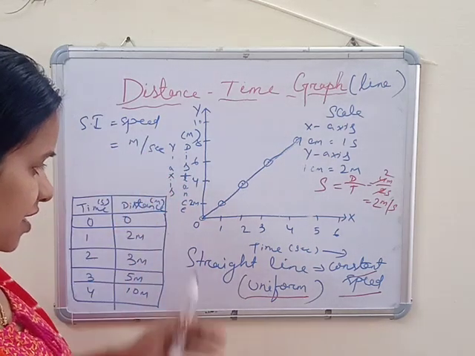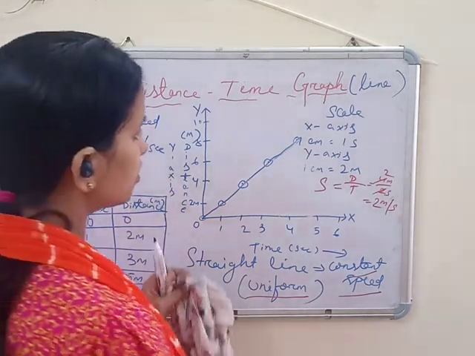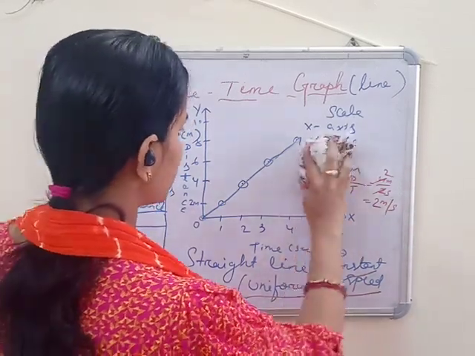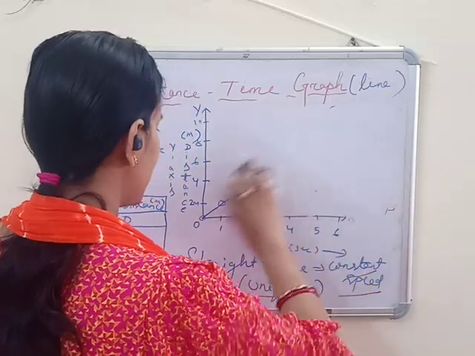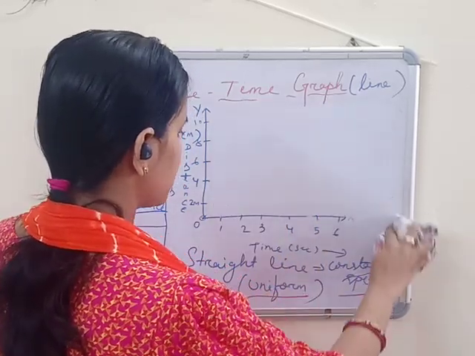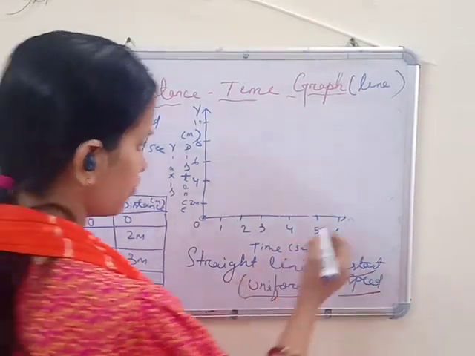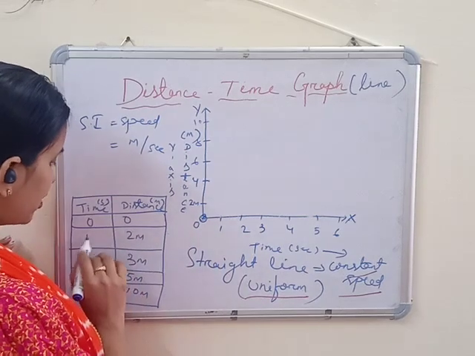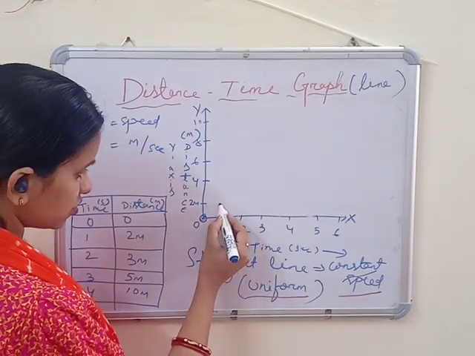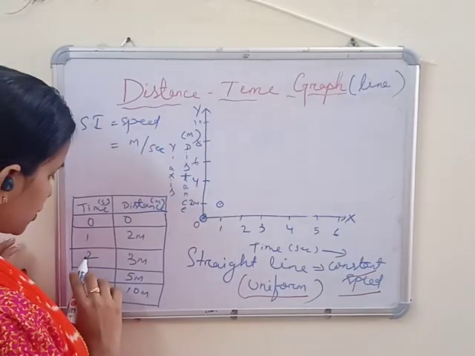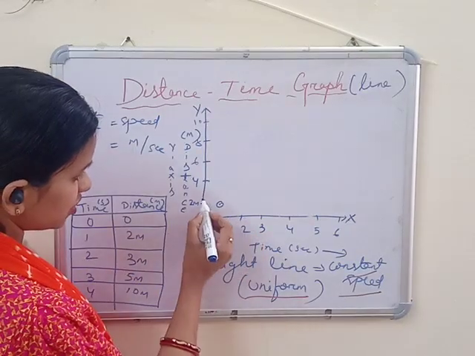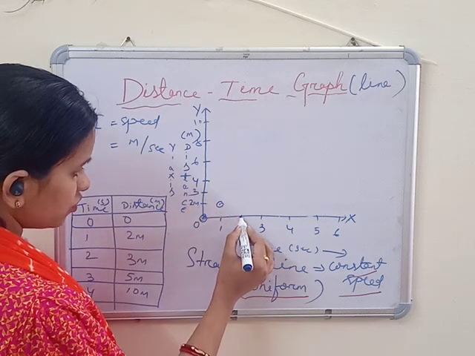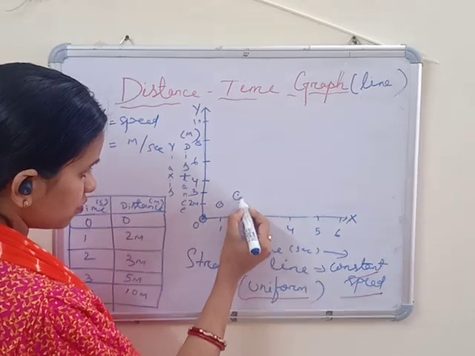So let this be the same. Okay. And I will make the scale also the same. I will not change anything. I only have to interpret this data and see how the nature of the graph is. So in 0, 0, it is the first point. For 1 second, 2 meter. So this is the second point. For 2 second it is 3. So 3 is coming between 2 and 3, so it must be 3 meter. So here is the point.